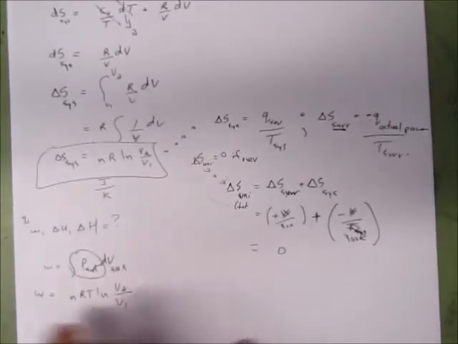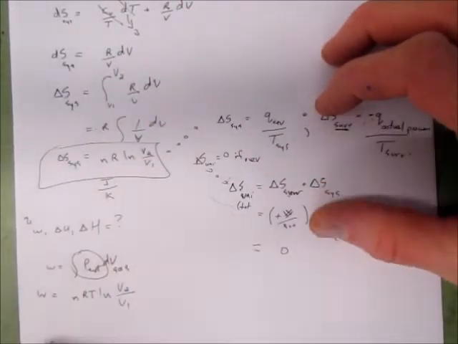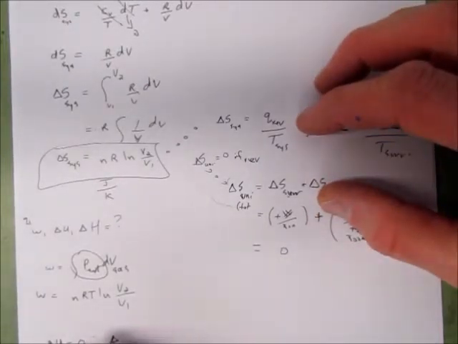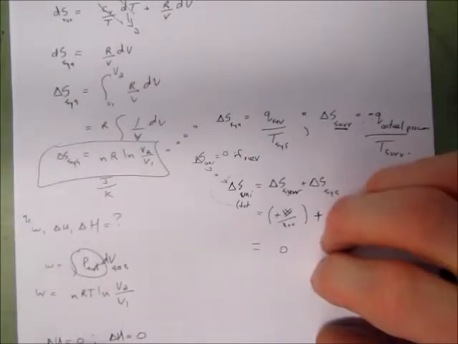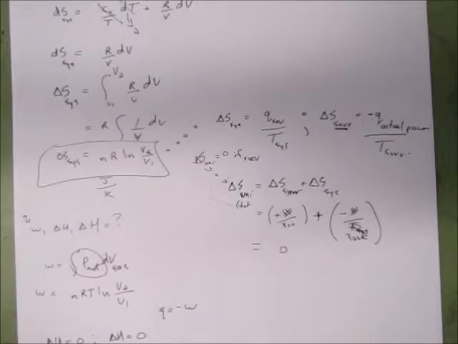Because it's isothermal and reversible, we also know if the temperature of an ideal gas does not change, guess what we know about delta U? For an ideal gas, delta U will be 0. Delta H will also equal 0. There'll be no change in enthalpy. And then the heat will equal the negative of work. So that handles that pretty nicely. A little bit of an add-on there. So now we can move on to,